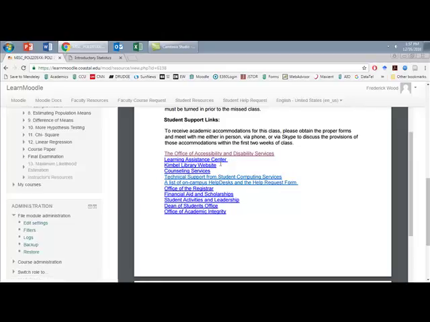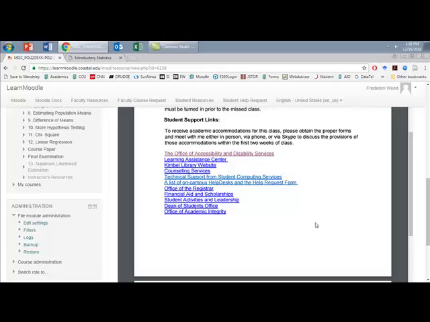I also have links here to the Learning Assistance Center, the Kimball Library website, counseling services, a link to technical support from Student Computing Services if you're having issues with your personal computer, also a list of on-campus help desks if you'd like to visit them in person, or a help form,